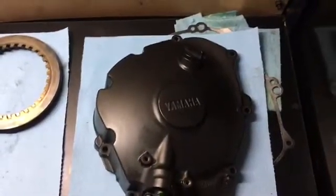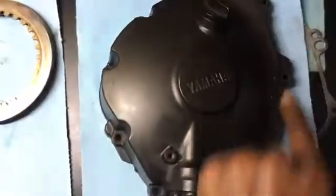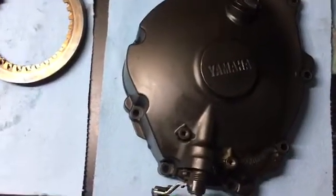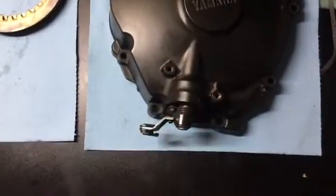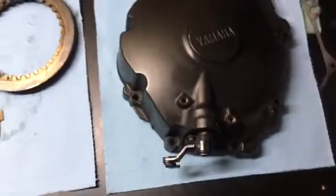Alright, removing the cover is pretty basic. You're just going to have your Allen bolts on top of the cover. Just go ahead and pull those off. This particular bike has a cover over the cam and the cable, which you have to remove as well. It's real easy. Another couple bolts, comes right off. And then that brings us to